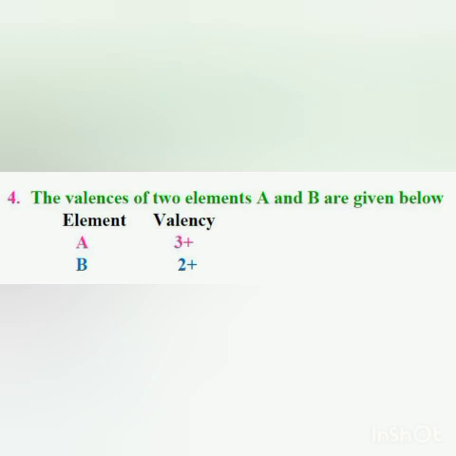Is it clear? So now what will we do? We will crisscross. We will take A. Now the valency of sulfate is 2, that will go with A, so A will become A2. Now we will write sulfate SO4, and the valency of A is plus 3 or 3 plus, that will go with sulfate. We will write SO4 3. But since sulfate is a polyatomic ion, we cannot write it like that. So we put the sulfate into brackets, and outside the bracket we write 3. So A2(SO4)3 is the formula.